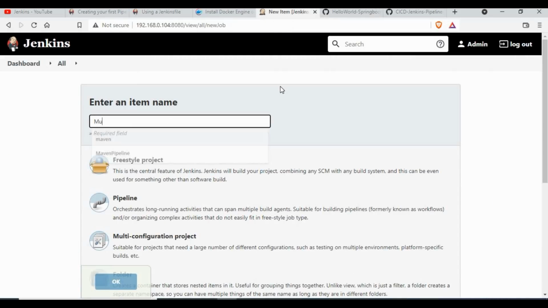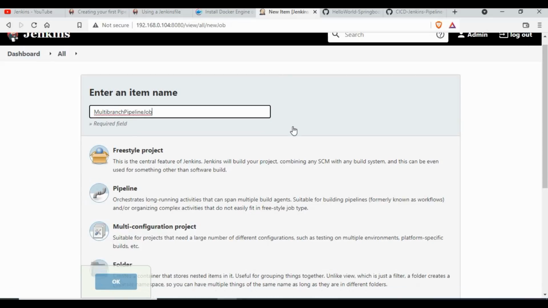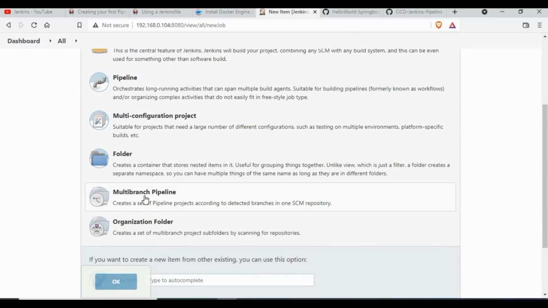and if I go back to my Jenkins, I will create a new job and I will call it multi-branch pipeline job, and this time you have to select this option called multi-branch pipeline. Now you see this option because when we installed Jenkins, it installed a lot of default plugins. If you don't see this, then you have to install the plugin for the multi-branch pipeline. So let's select this,